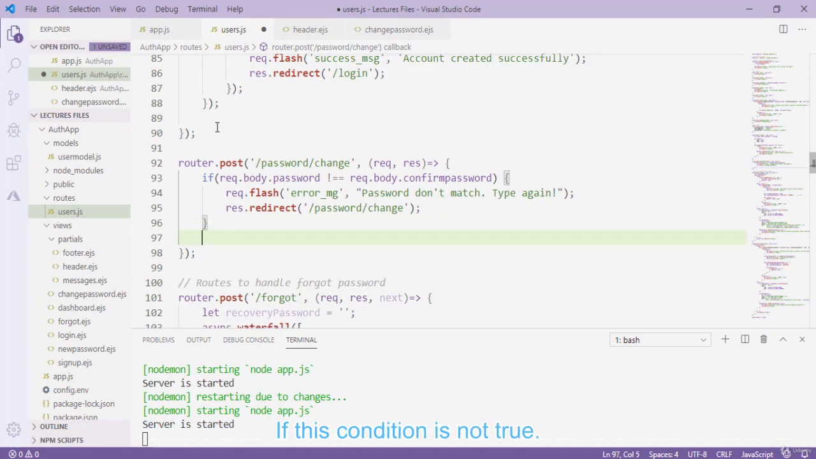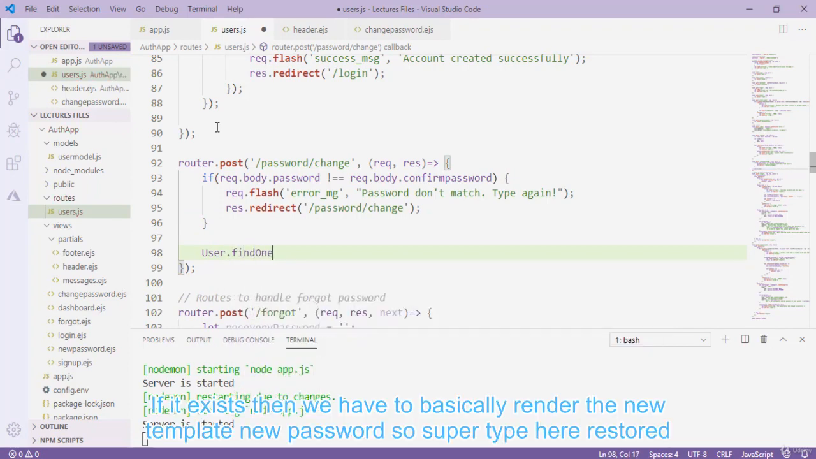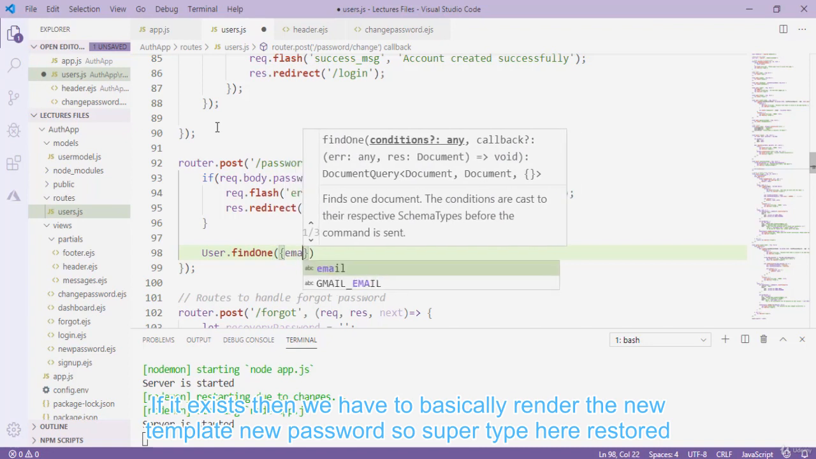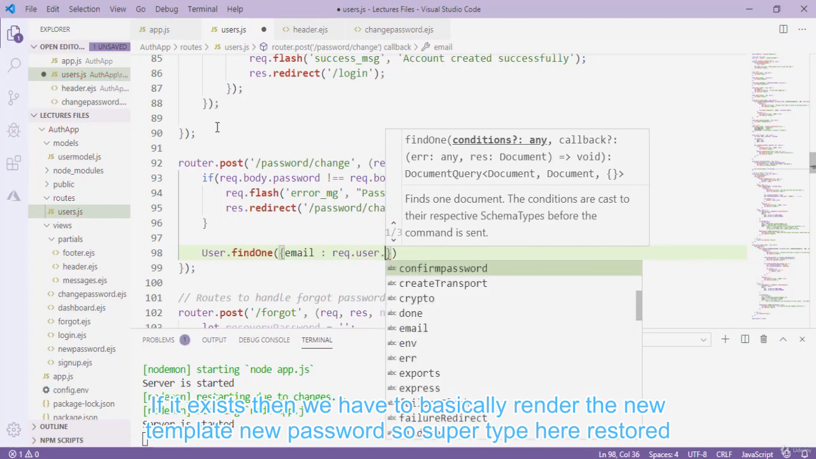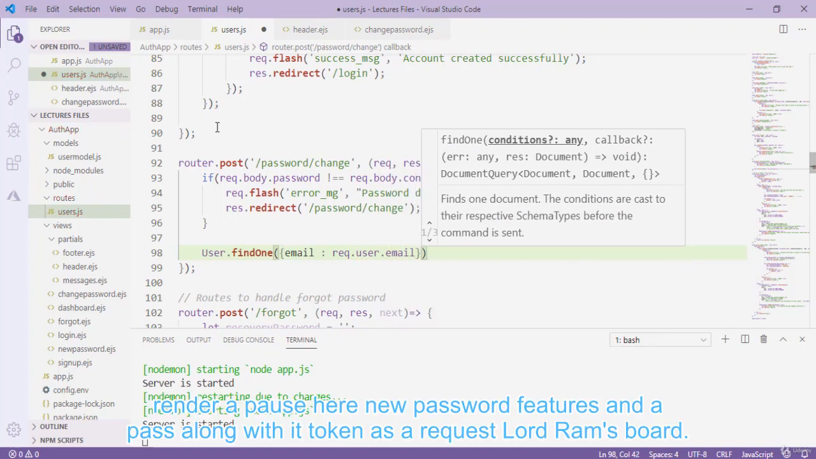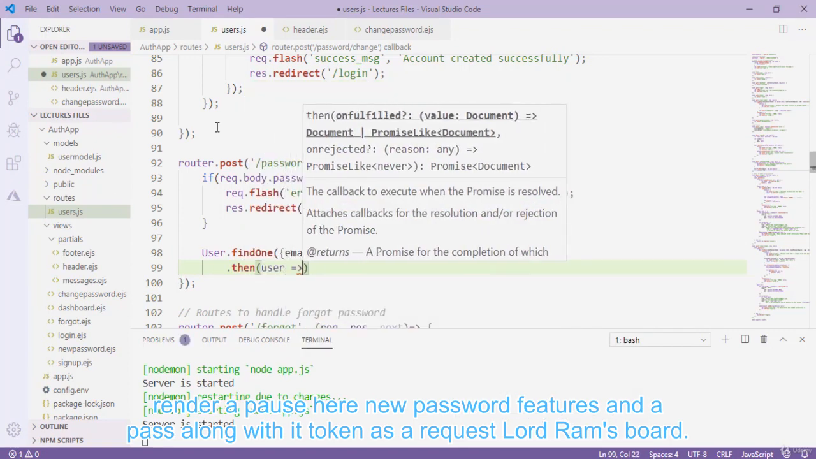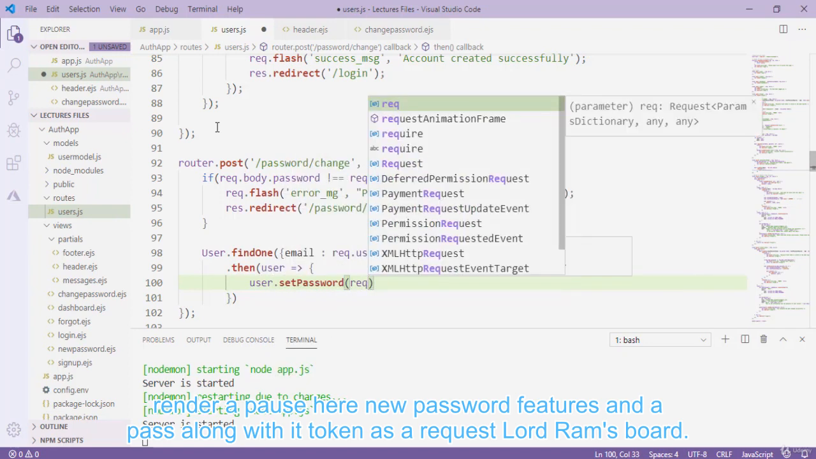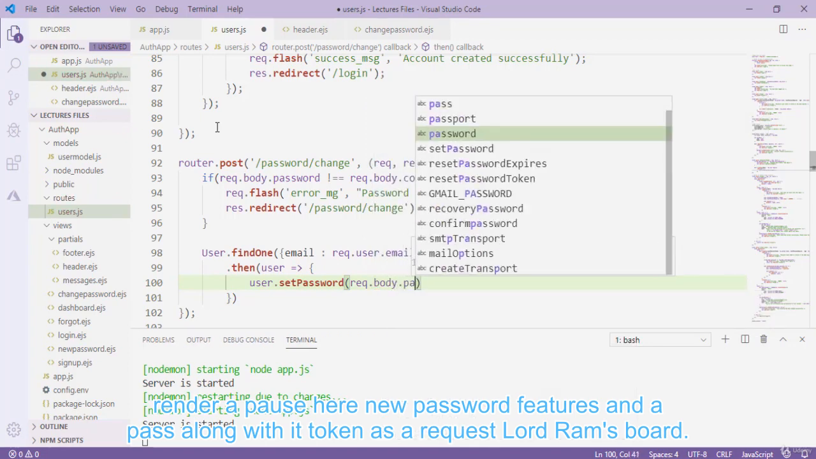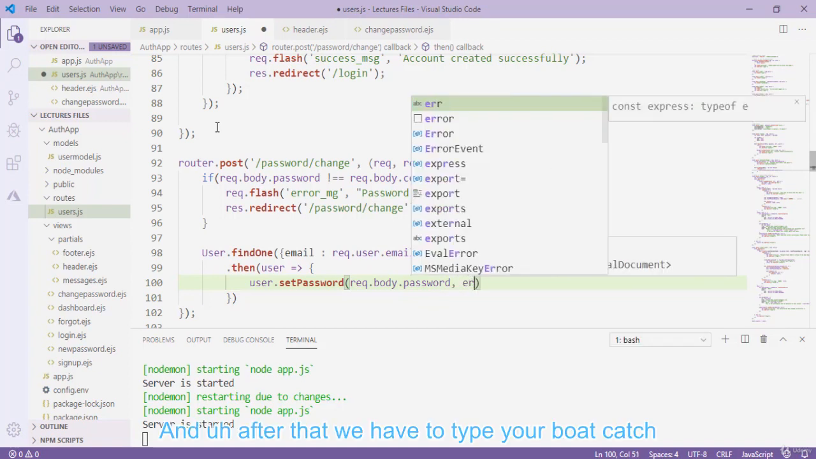So first of all I find the user by typing here user.findOne, and I pass the email, request.user.email, to find the user with this email. Then on the user we have to simply type user.setPassword and pass that password in this. So request.body.password, and after that a callback,